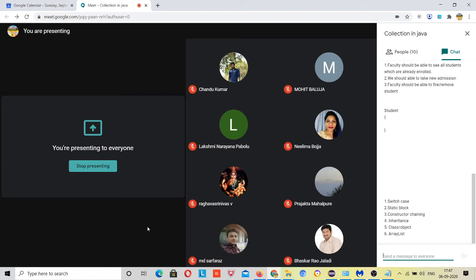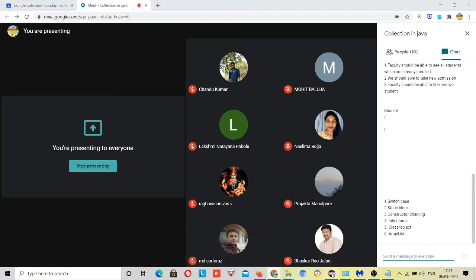The requirement says that when you run your program, some students should already be visible to your faculty, right? So how can you do this? Just add those students in static blocks, because we know that when we run our program, the static block runs before everything else, right? So the static block loads before anything.